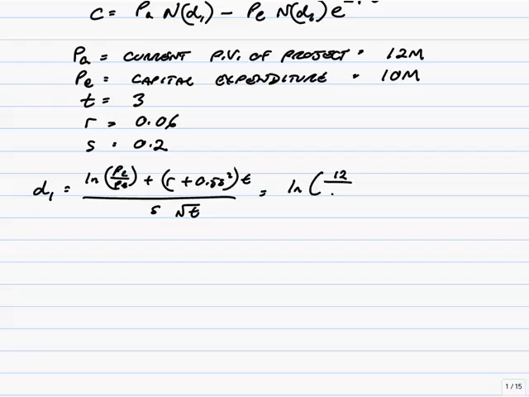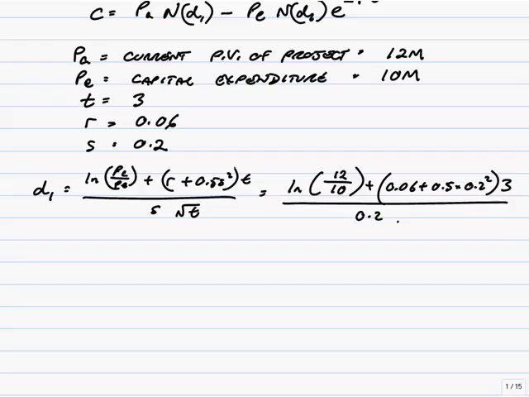PE, effectively the exercise price, is 10 million. Plus R 0.06 plus 0.5 times s, 0.2 squared, times T, it's 3 years to expiry, divided by s, 0.2, times the square root of 3, which gives us